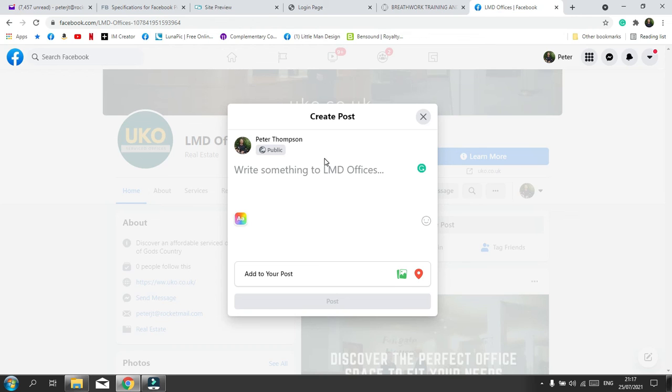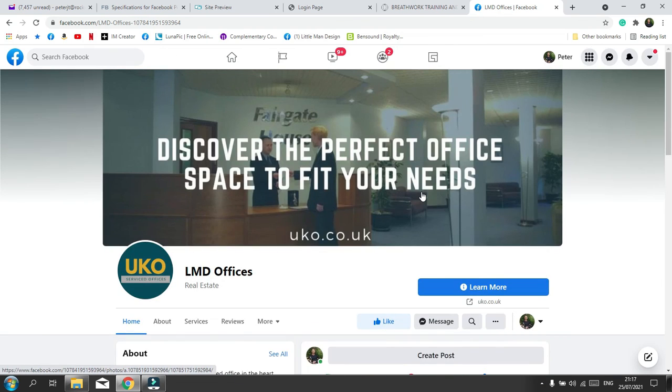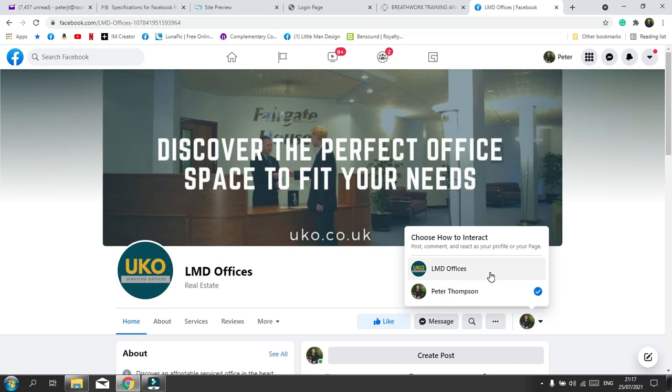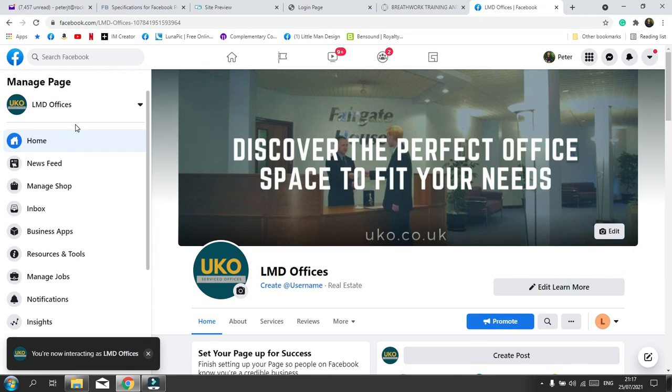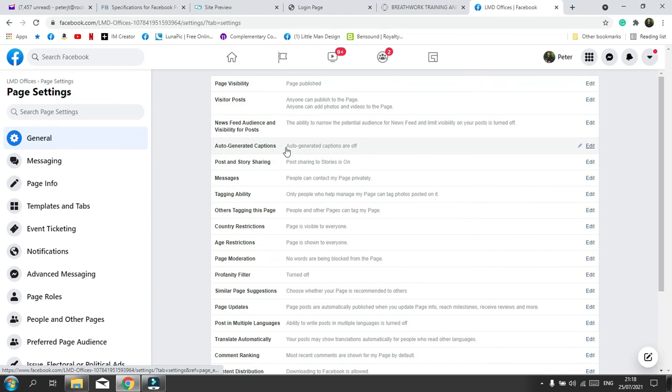So I'll explain more about adding posts and images, how to size them perfectly. But that is how you would build a business Facebook page. So I'm going to go back to LMD offices. What I'm going to do, Heather, I'm going to delete this page, so remove page here. But this is just a scratch of the scratch. You could do so much with it, but hopefully